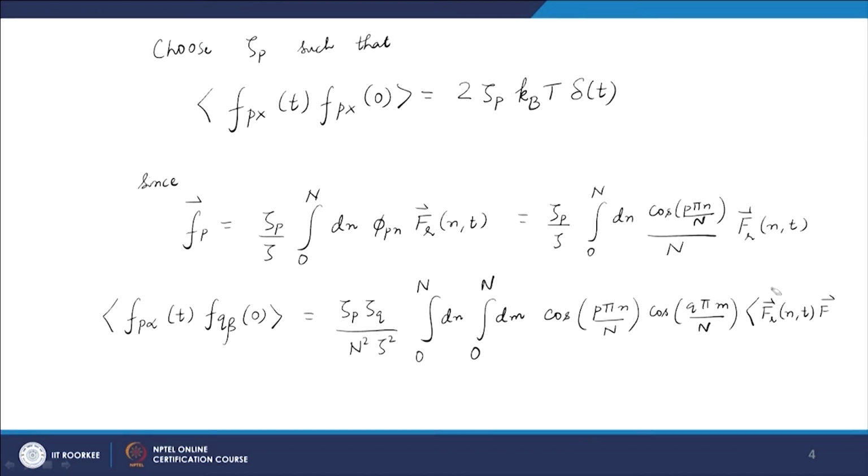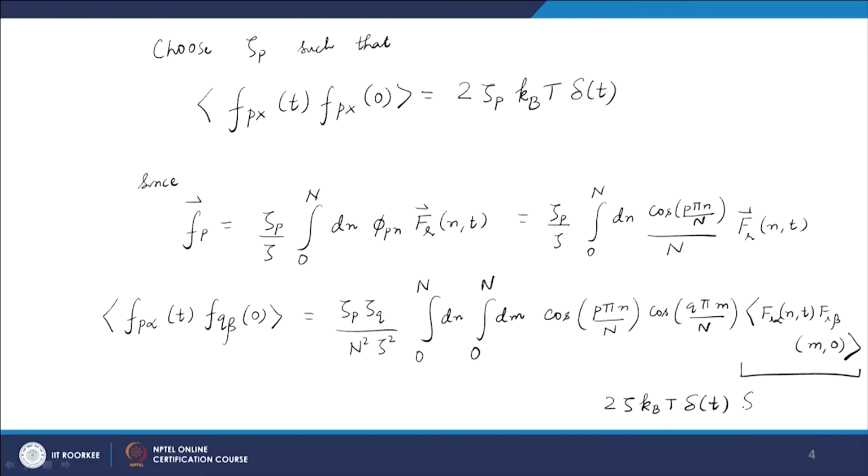So, we can write this as f_r alpha(n,t) f_r beta(m,0), and this quantity should be equal to 2 zeta k_B T delta(t),